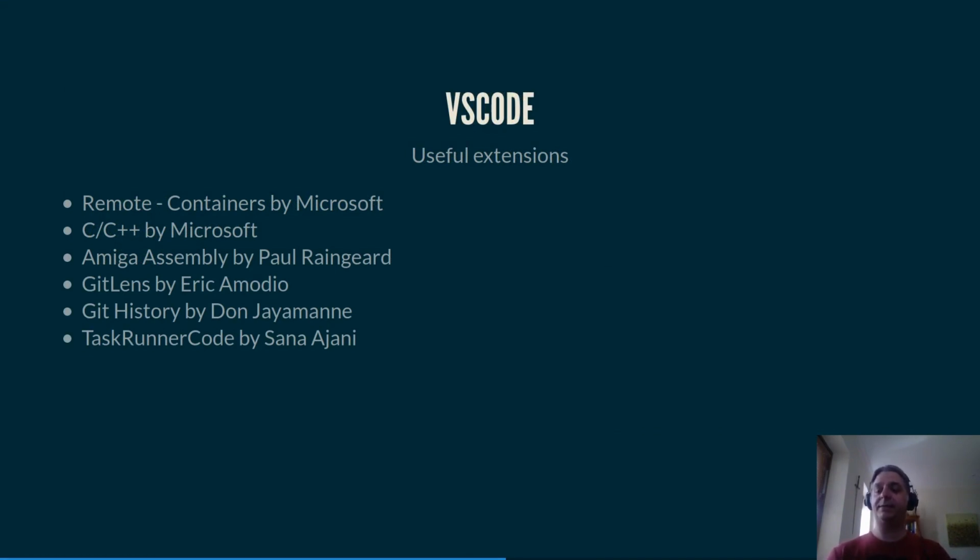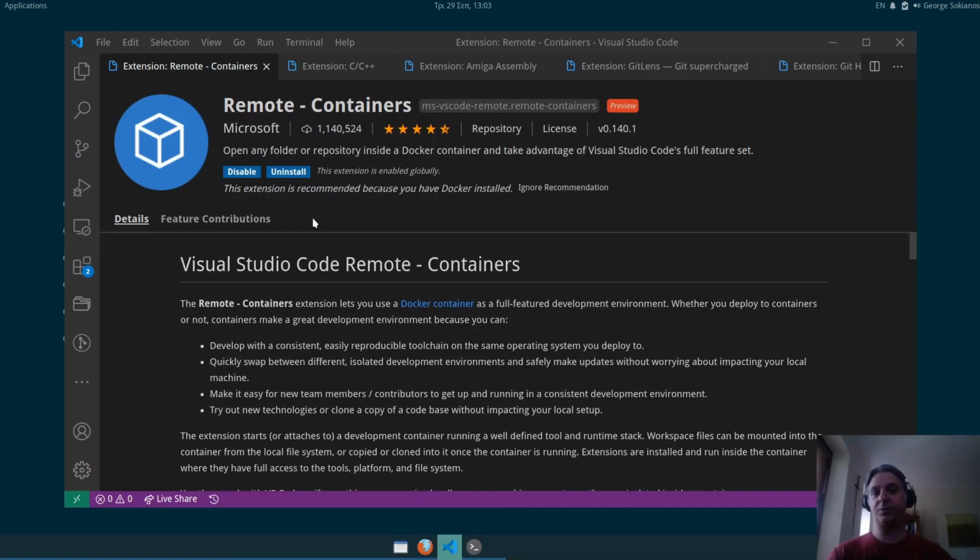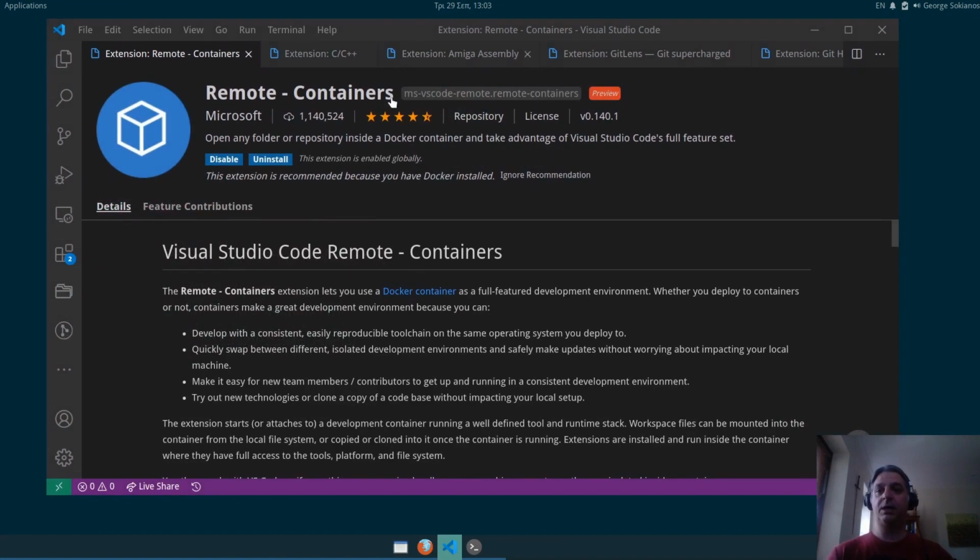I usually use a couple of extensions that are pretty useful, like Remote Containers, created by Microsoft, and this gives you the ability to connect inside a container. Let me show you here on my VS Code. I have the extension Remote Containers. This gives you the ability to connect inside the container and do all your job there. This is useful because